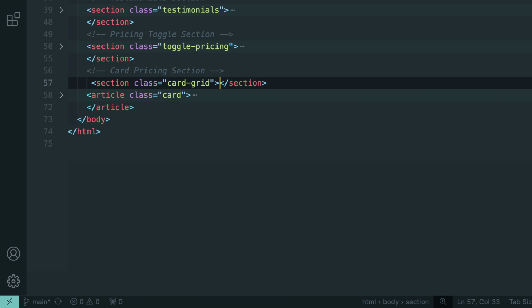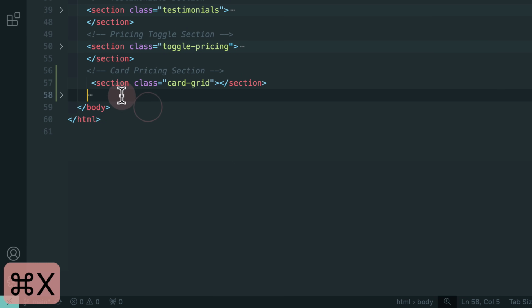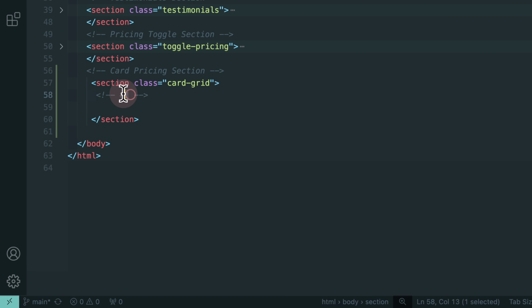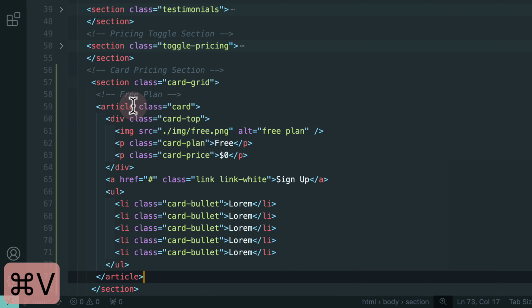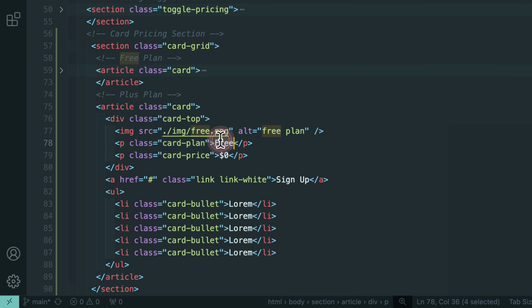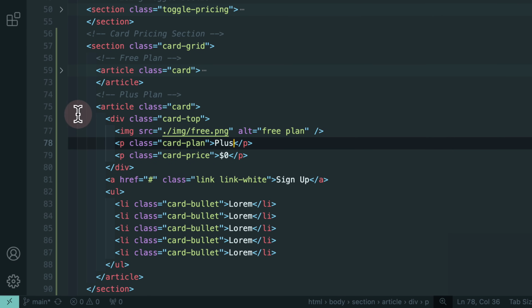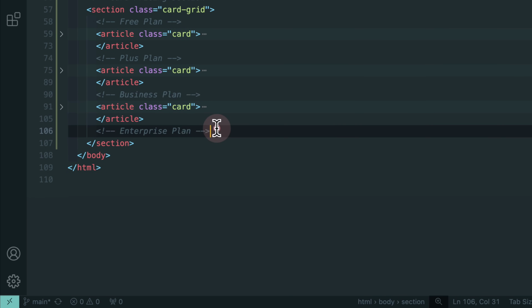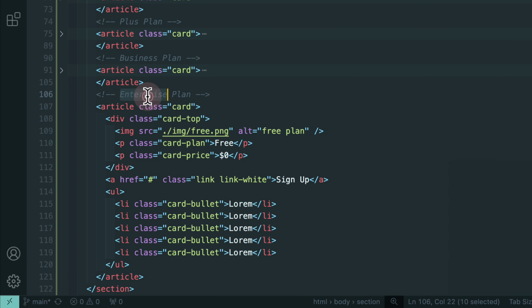And then finally, I would go to the HTML, cut the card, which is a single card, and inside the section, which is the card grid, I'm going to copy paste it 4 times. So here I would add a comment, and then I would just add number 1, which is the first card, or you can basically call this free plan, and then basically paste this. And then here we can collapse this and add our plus plan, and right underneath that we would paste that one. For now we would just change the name to plus. We would update the values later on and then repeat that 2 times. And then here we added the business plan, and then finally the enterprise plan,